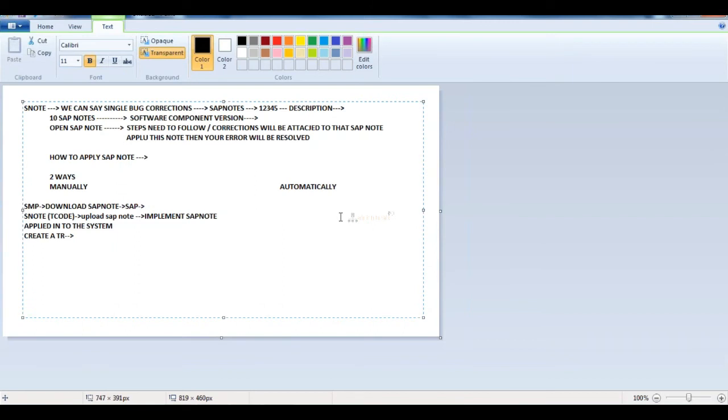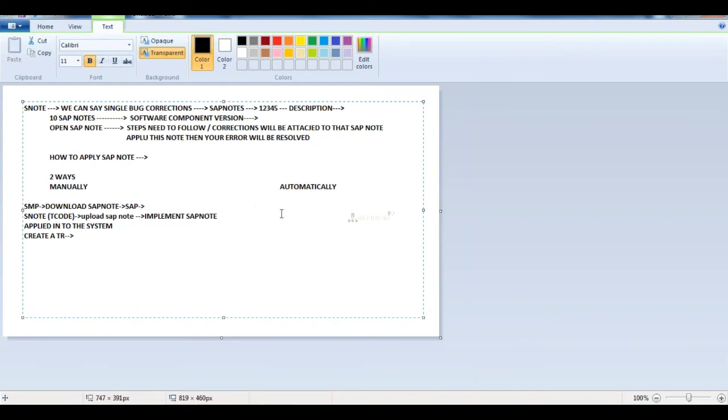Means vice versa. SAP will provide their SAP router information in the OSS message. So in that OSS message, I have got my SAP router information. Okay.